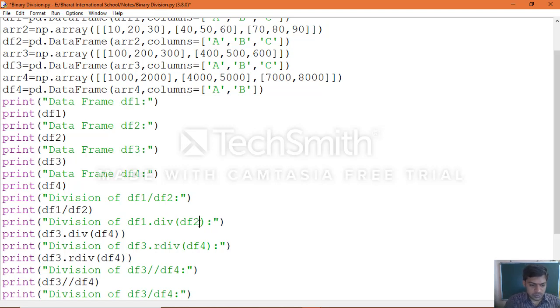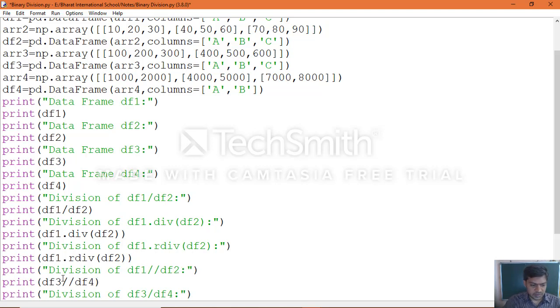Sorry, 2, 1, 2, 1, 2, 1, 2. Okay, then floor division also which you want to see, as you can do.